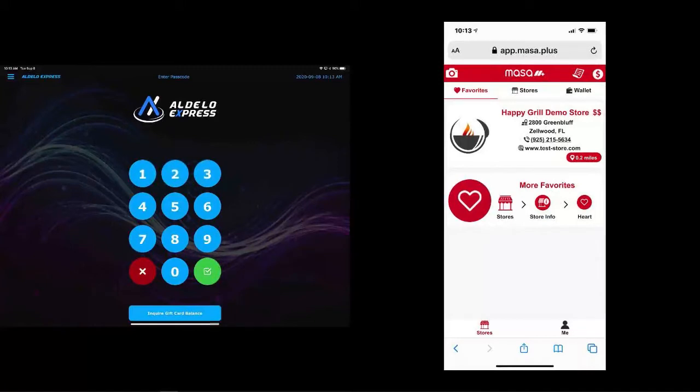All right, what you have on the screen on the left-hand side, this is my iPad. Now on the right, this is my iPhone, and I've got the MASA app up on the phone. We're going to do a few orders. We're going to show you how this works, and then see what pops up in the questions. Now you've got up on the top